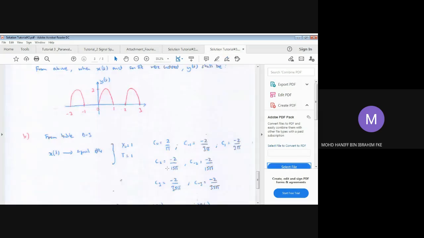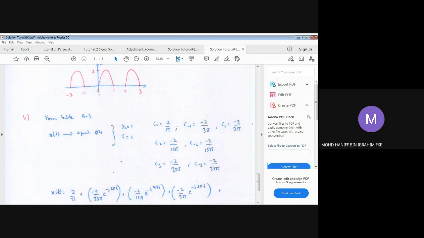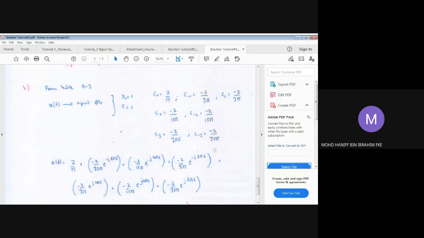So that's why I prepared earlier these coefficients of Fourier. We have C0, C-1 up to C-3. So those should be the Fourier coefficients extracted from table B3. Subsequently, we can simply write the x(t), which is an